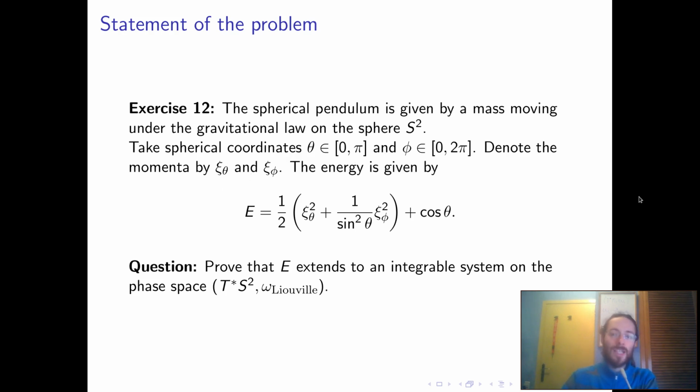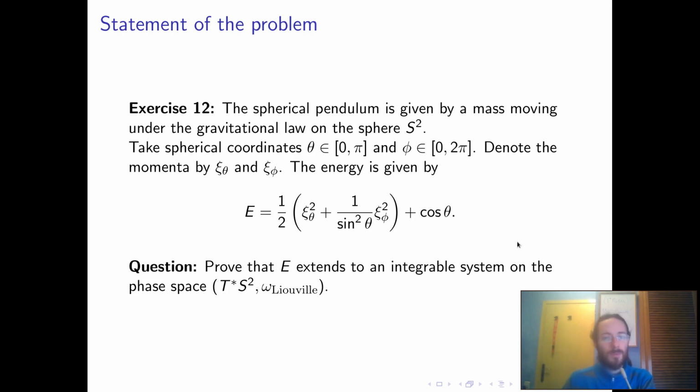Given these coordinates, we have this expression for the energy. This part is the kinetic energy, and this part, the cosine of theta, is the potential energy due to gravity itself. As you can see, this is taken without constants, completely adimensionalized. We are not taking into account the constant of gravity, nor the length of the rod, or the mass. Everything is assumed to be 1 to make things easy here,